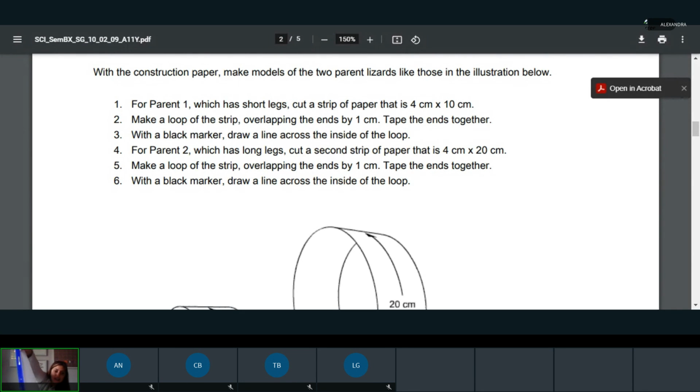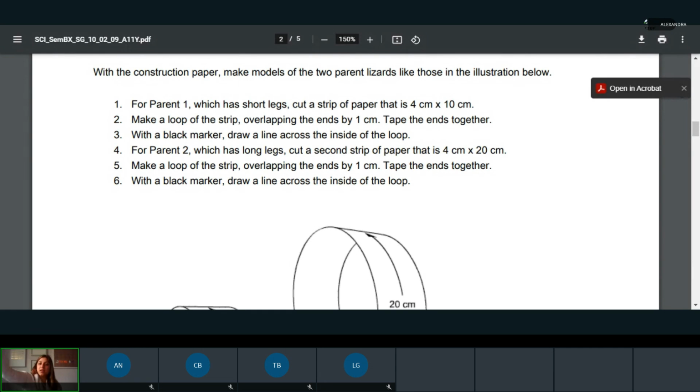Then you're going to make a line where you get to 10 centimeters. Okay, so again, if I'm holding it up closely, 10 centimeters. I've got my ruler at the edge of where the 0 starts, and then I'm measuring 10 centimeters, and then I'm drawing a line. 10 centimeters is right here. Can you see that? And then I'm going to draw a line. Okay, so go ahead and do that.